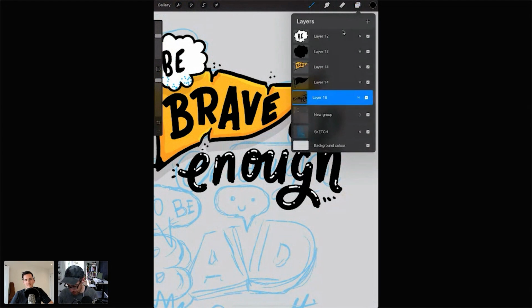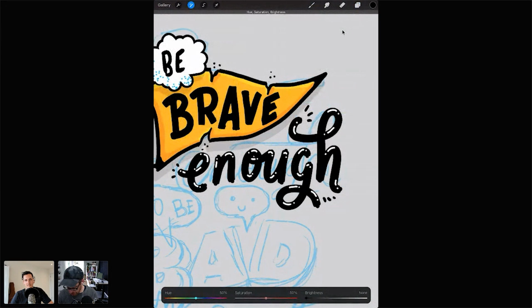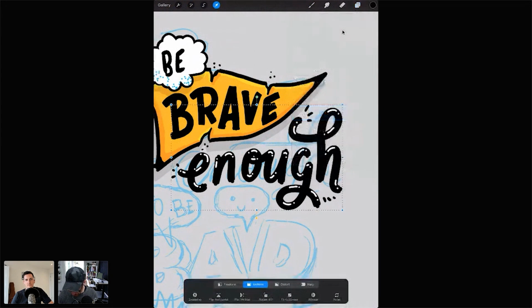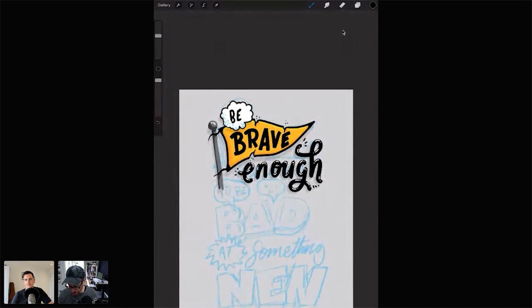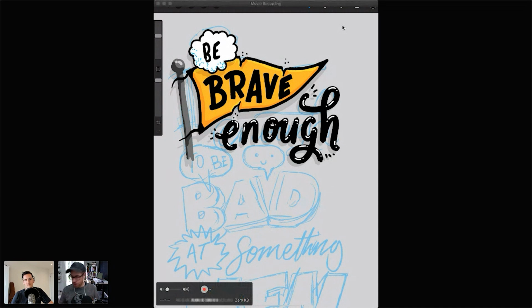Yeah, and then what we can do, because it's all on one layer, is reduce the brightness, get rid of that white, and then I can just turn it into a shadow again, and then we just bring that across. And there we have it. I know I'm doing it very quickly, but it's like, okay, I've used 3 different brushes, and now I can go on to a different brush, and they seem to work together, which is something that, because they're this sort of looser style, I think when I do a lot of stuff,